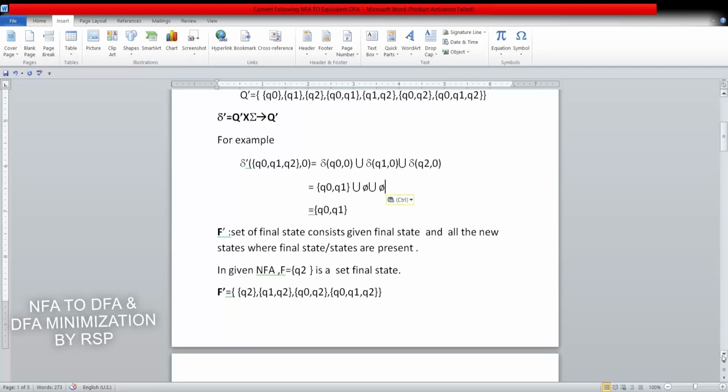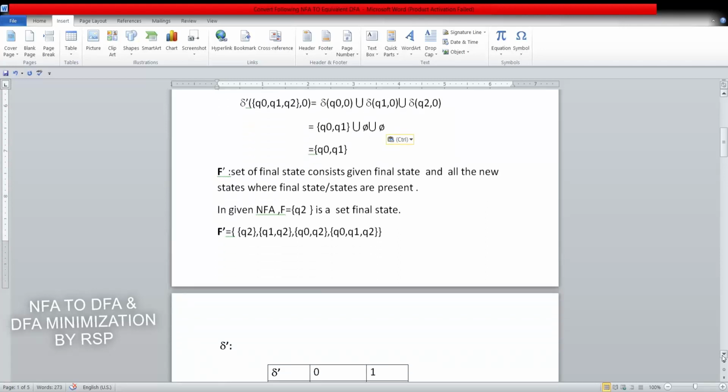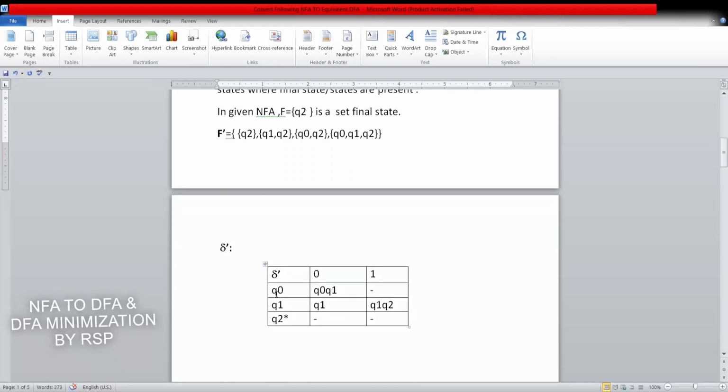Okay. So let's move to the delta dash. How we find out the delta dash? So we know Q0, Q1, Q2. These transitions we can directly take from the NFA table. Now you will see Q0 on 0, it goes to the next state, which is Q0, Q1. So this is the new state for us, which we need to consider, which is not there in this transition table. So what I'll do here, I will take this new state, this Q0, Q1,